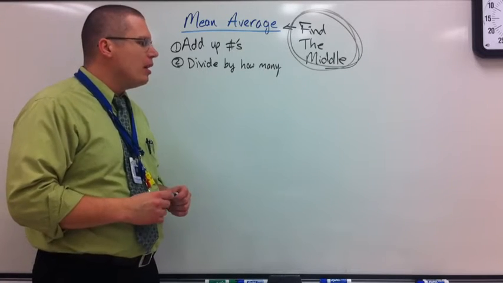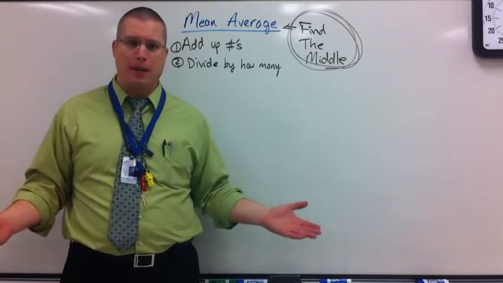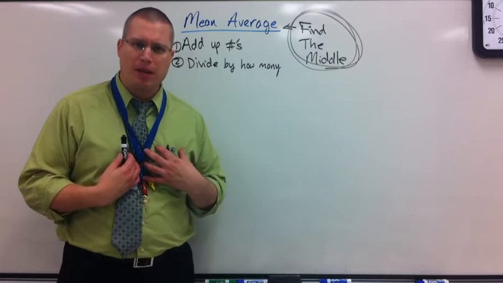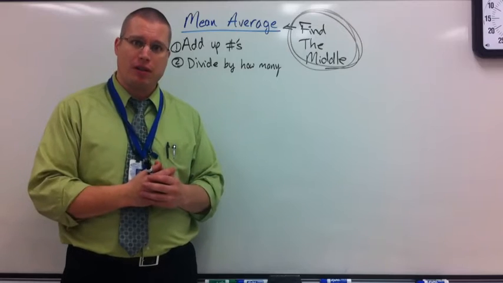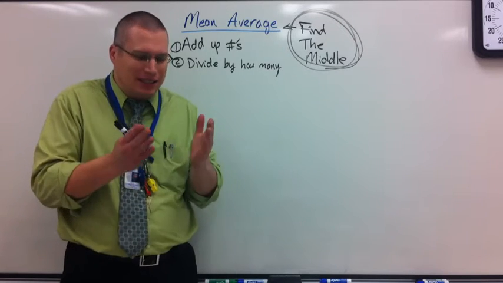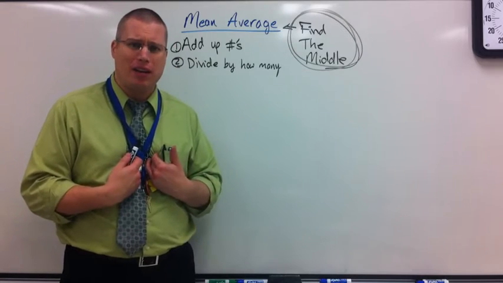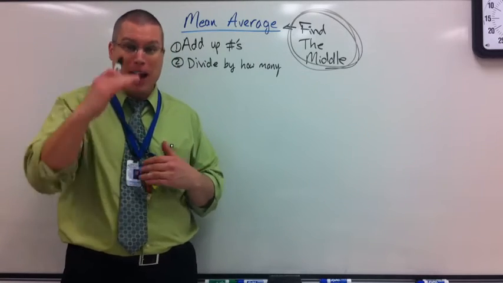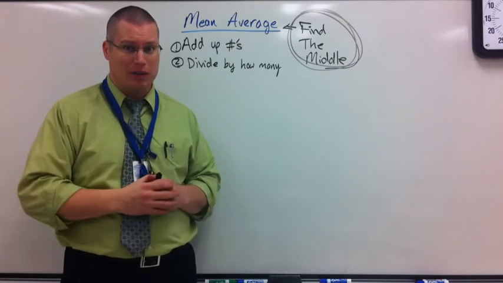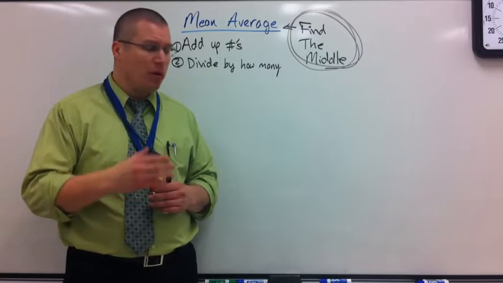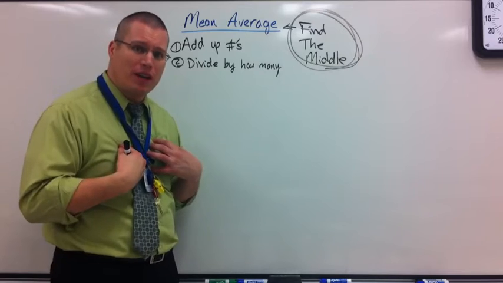For example, if you knew the average of a test based on a class, the class average is a B. It would be nice to know that because I could look at my test and say, oh wait, I got an A, that means I'm better than average. Or if you got a D, oh, I'm below average. We want to know averages so we know where we fit in. Am I above, am I at least average, or am I below? Now there are some cases we want to be below average, or we want to be above average, depending on the situation. But we need this so we know where we fit in.